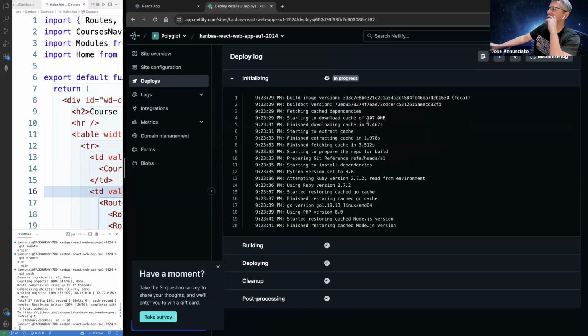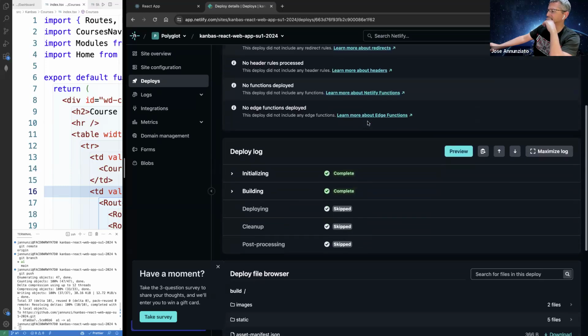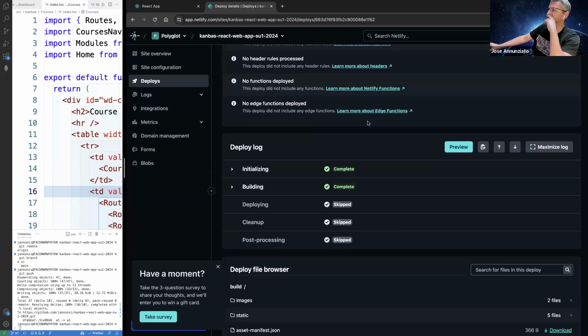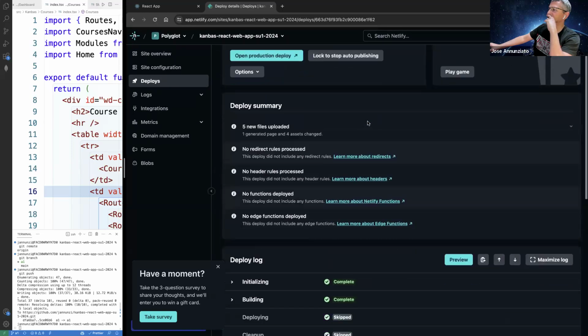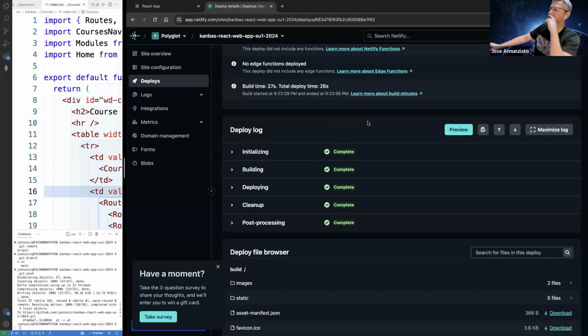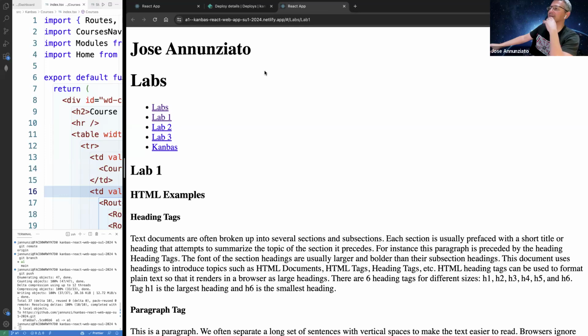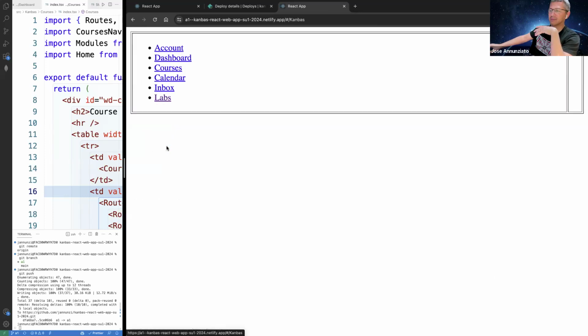Let's see. I think it's almost done. Deploying. Okay, post-processing. There we go, we're done. So we can open it up, and there it is, right? So that's assignment 1. If we click on Kanbas, we have the Kanbas